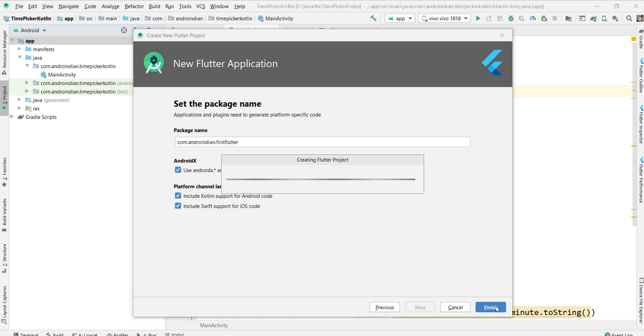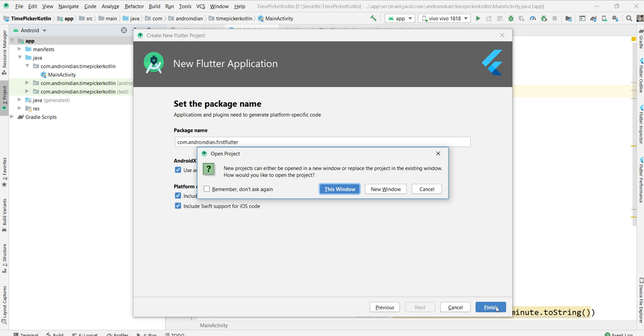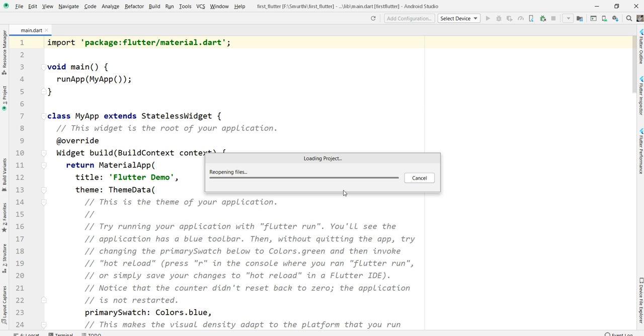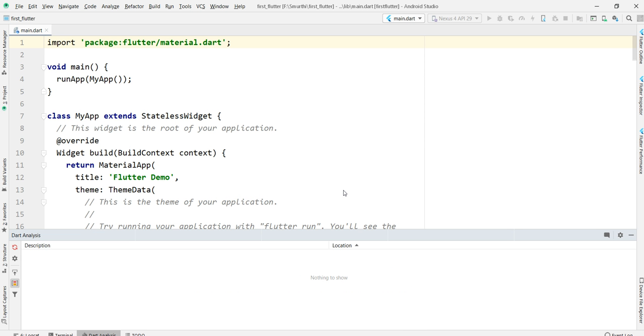But whatever basic code it creates, I want to remove it and then add from scratch. Flutter also follows a very basic program structure. It first has imports, and there is no need to specify the package name on the top. Directly we can specify imports, followed by the main class that we can see here.